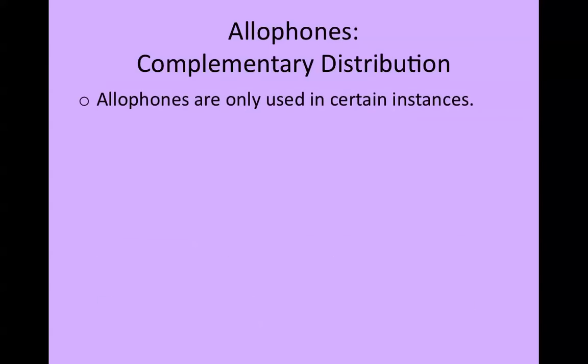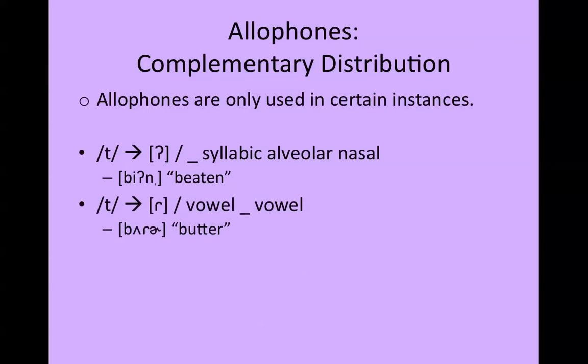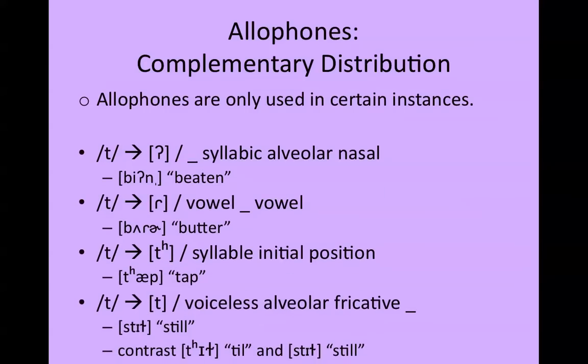Also with allophones, we refer to them as in complementary distribution. So allophones are used in certain instances. Here we have the voiceless alveolar stop, t, in English, and there are four different variations, or four different allophones, of this phoneme t. These are the subtle differences in sound that may change depending on how this sound is used in